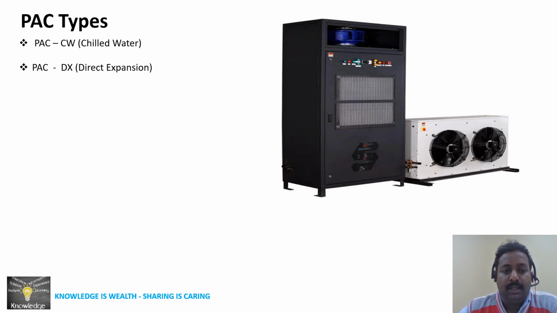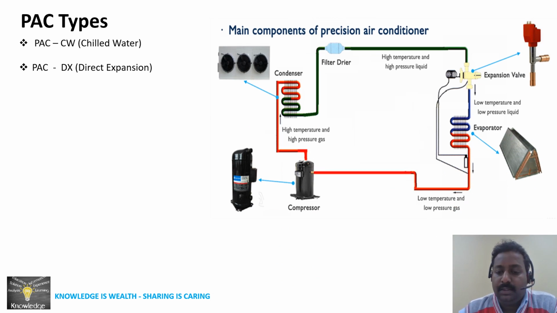Let us quickly see what components a direct expansion unit has. It is pretty much the same as the refrigerant cycle. It has a compressor, condenser, air dryer, and expansion valve, and we already discussed that present PAC units are enriched with EC fans to optimize energy consumption. In an upcoming video, I'll upload a detailed explanation of the refrigerant cycle, as well as some cooling tower calculations, scenarios